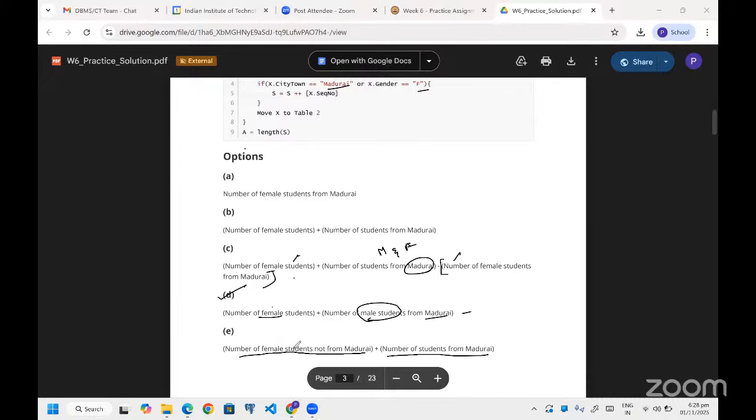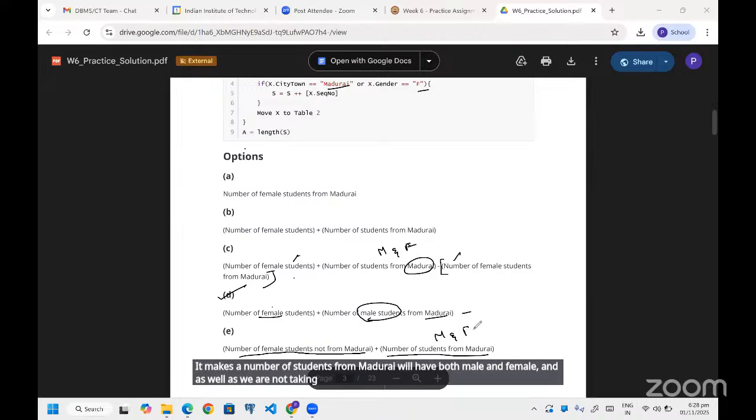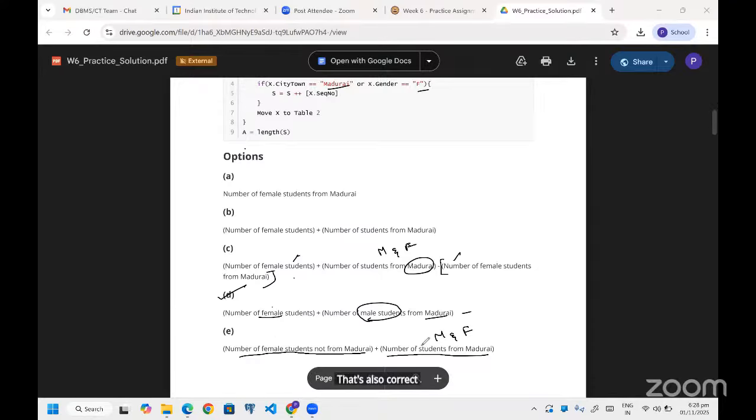Is this correct? No, it doesn't meet the condition. Sir, the number of students from Madurai will have both male and female, and as we are not taking the number of female students not from Madurai, then it will convey the same, no, sir? Yeah, that's also correct only, sir. Yeah, this is also correct.